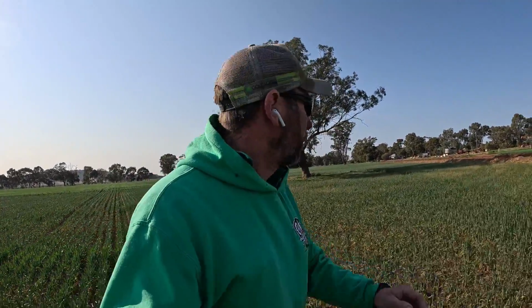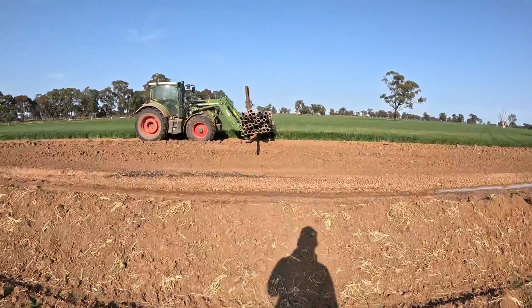summer spraying, not cultivating and that sort of stuff, but we just did a reset here, planting a new block. And yeah, years like this, there's a lot to be said for stubble retention and not burning and keeping that ground cover. So anyway, so what we're doing here is,